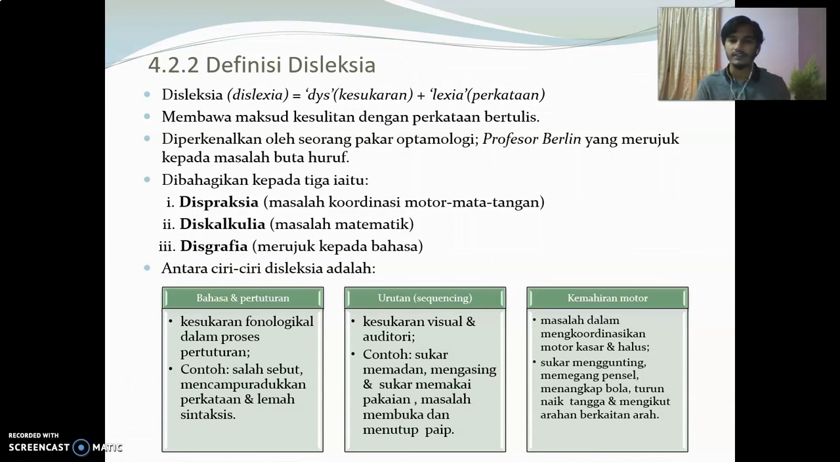Okay, apa yang berlaku di sekolah dan sebagainya. If you see those who are having dyslexia, they will be put into this aliran berkeperluan khas dan sebagainya. Dan dyslexia is actually kesukaran untuk menyampaikan perkataan ataupun menulis perkataan dan sebagainya. Okay, kesulitan dalam perkataan bertulis dan juga diperkenalkan oleh seorang pakar ophthalmology, Profesor Berlin, yang merujuk kepada buta huruf. Basically, they could not understand ataupun synthesize whatever is actually, for example,